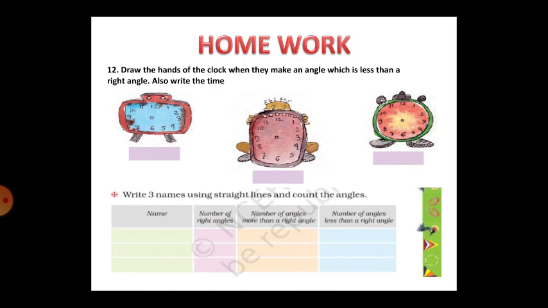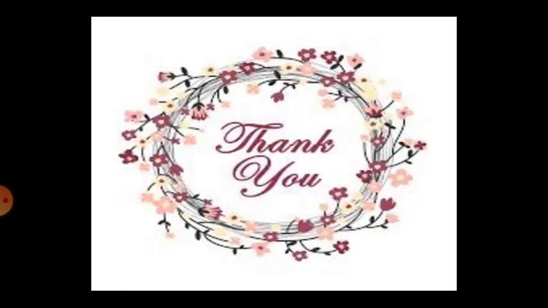Homework, you can see: draw the hands of a clock when they make an angle which is less than a right angle. Also write the time, and write 3 names using straight lines and count the angles. 3 names you can write. You can write your